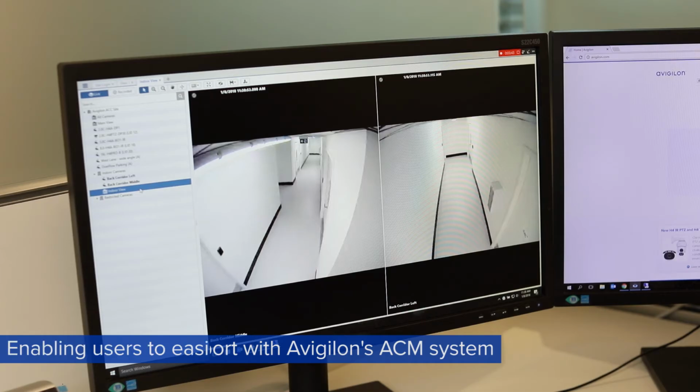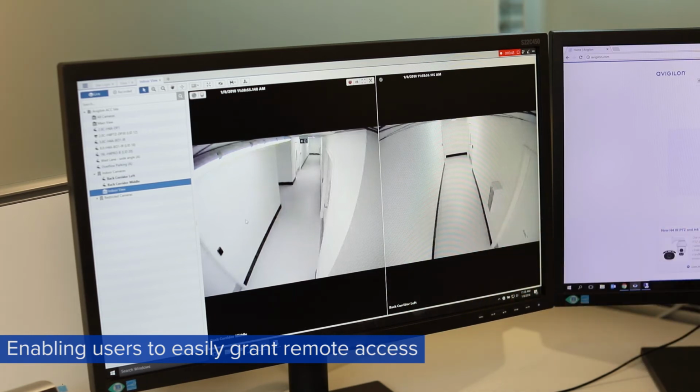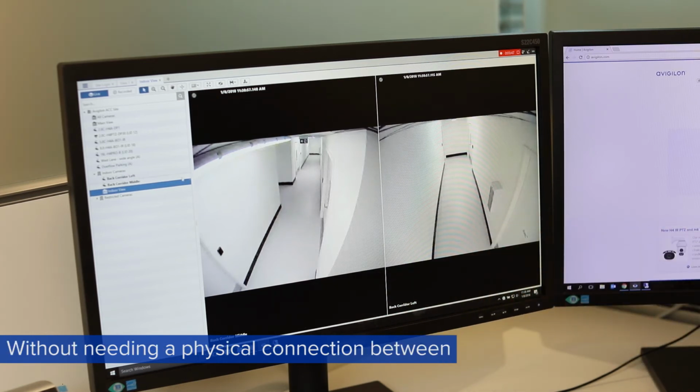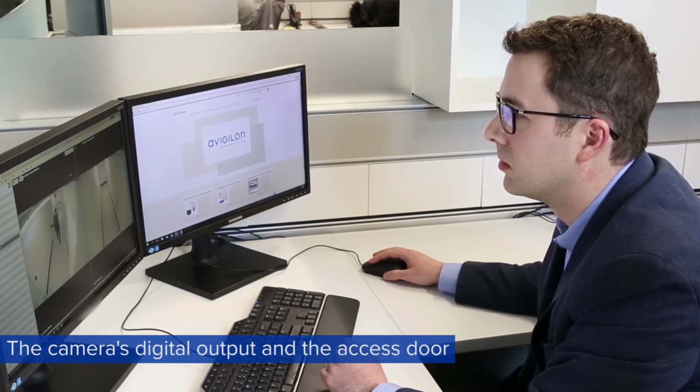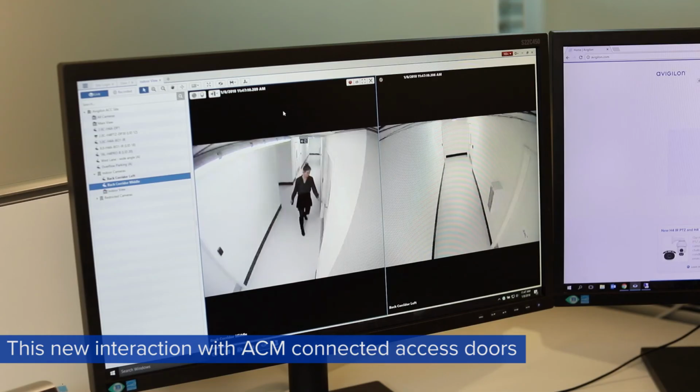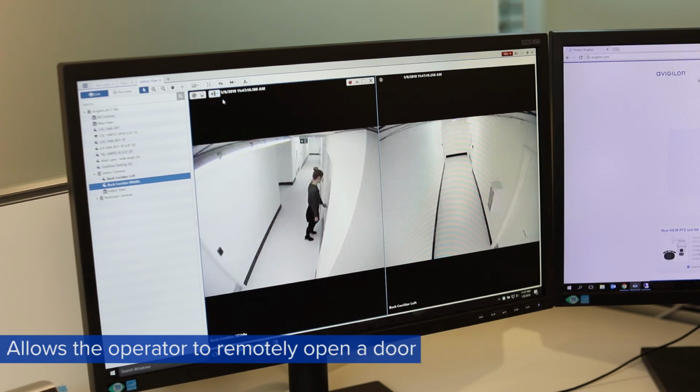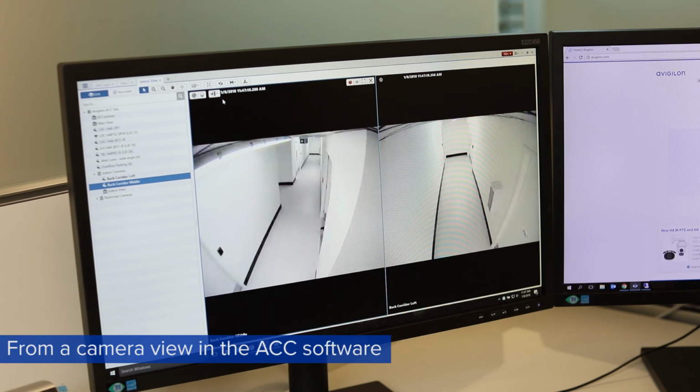ACM also offers enhanced video integration with Avigilon Control Center software. Our latest video management software also offers enhanced support with Avigilon's ACM system, enabling users to easily grant remote access without needing a physical connection between the camera's digital output and the access door. This new interaction with ACM connected access doors allows the operator to remotely open a door from a camera view in